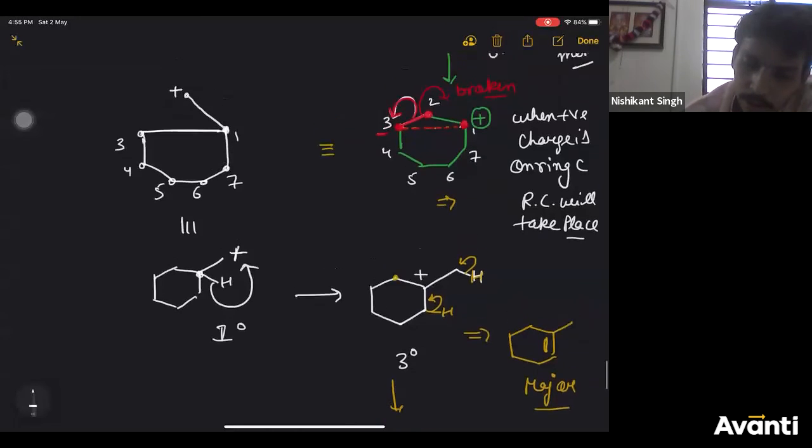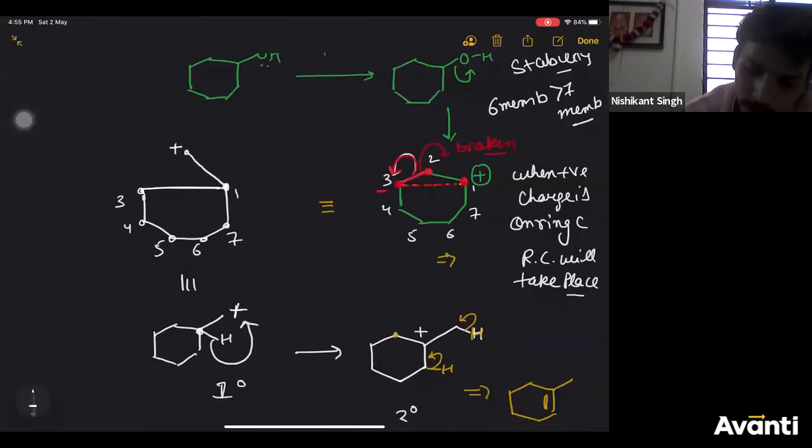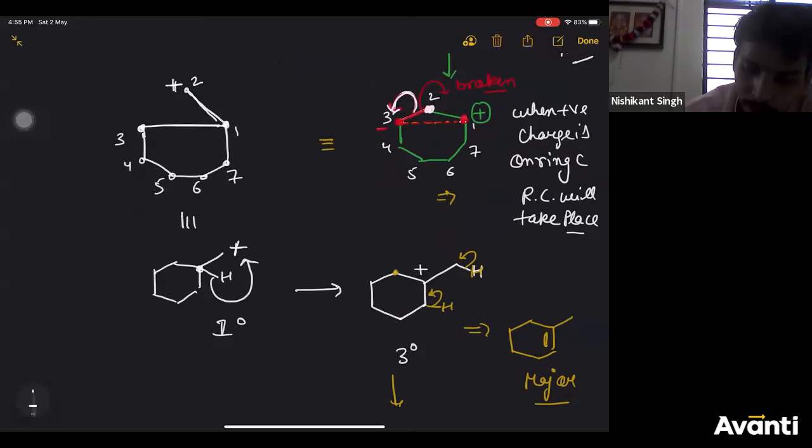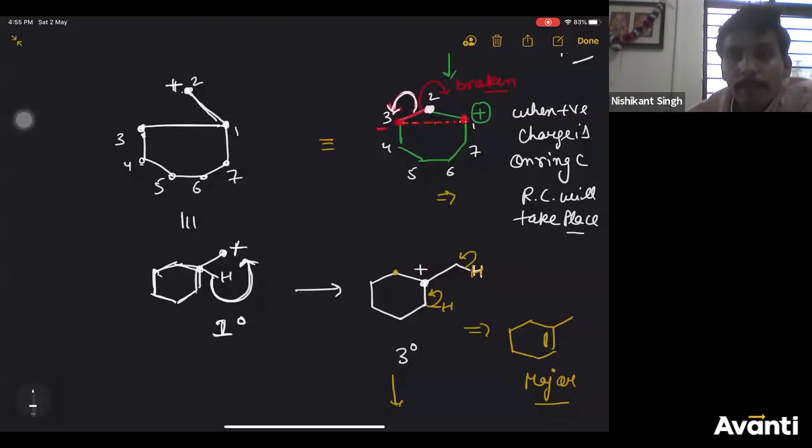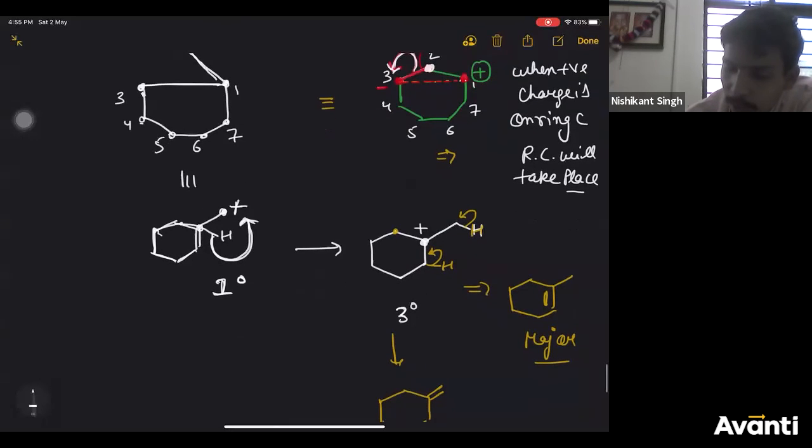Now you see, you have got the second, third carbon bond broken. So there is no bond between the second and third carbon. The first and second carbon bond is there. The second carbon got positive charge because the bond was breaking like this. So this is a 6-membered ring, 1, 2, 3, 4, 5, 6. Next to that, this carbon is having a positive charge. Right? Now, it's a primary carbocation. So from the next carbon, hydride will shift so that you get a positive charge on this carbon. So this is your tertiary carbocation, the stable one.